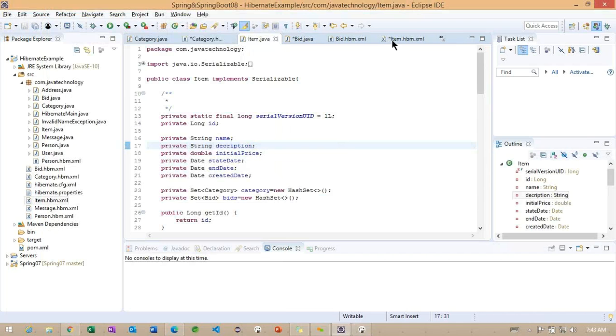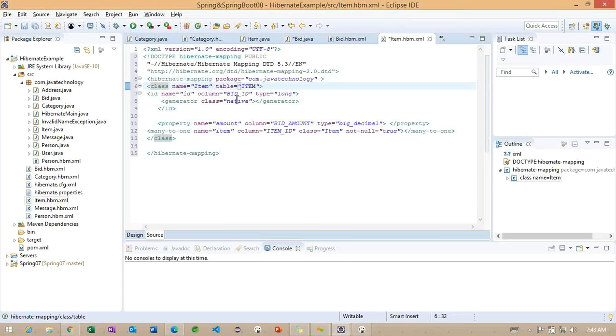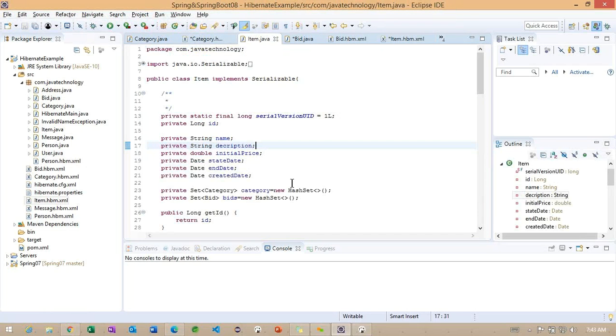Okay. Now, item ID we specified. So something called ID. Item ID is a column. ID is a property. The type is specified as long. And now what are the remaining properties available?